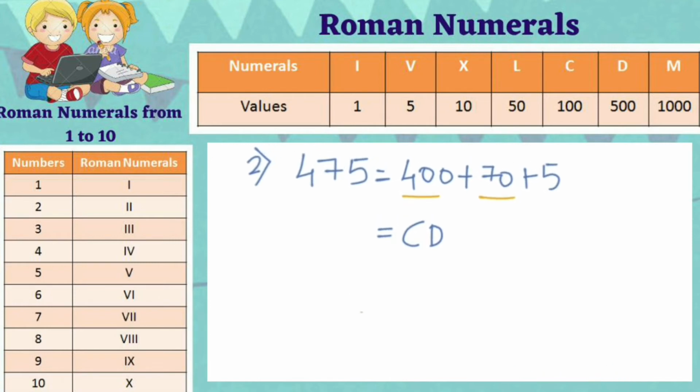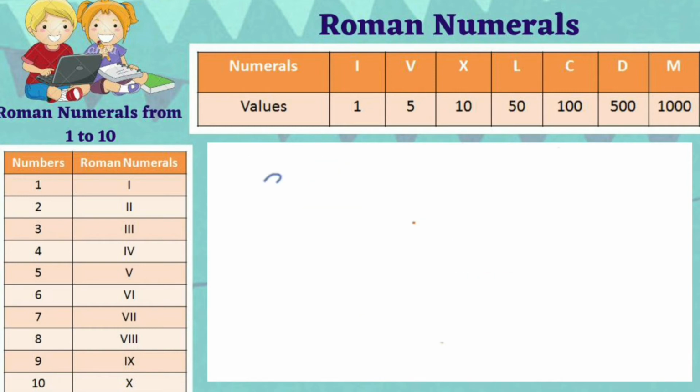Okay. So it is L, X, X, and there is only one person remaining at the end, it is 5. So you are aware of what is the Roman numeral of 5? It is V. So yes, we got an answer. The Roman numeral for 475 is CDLXXV.